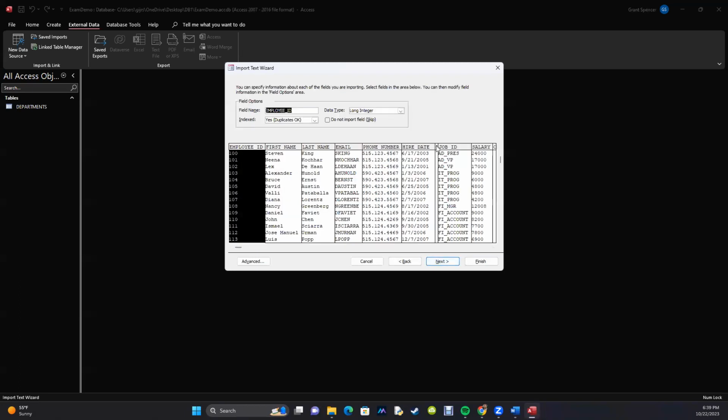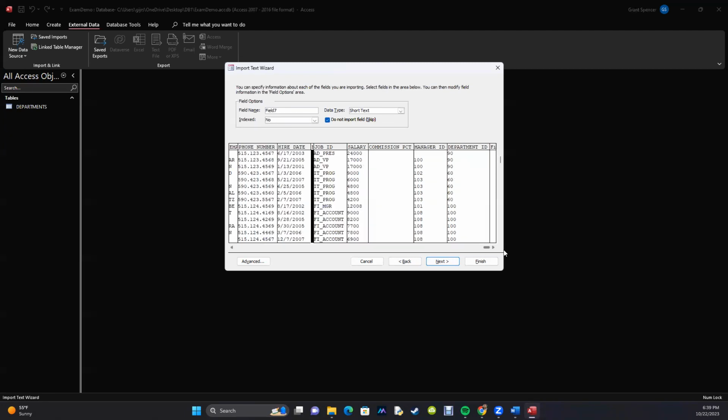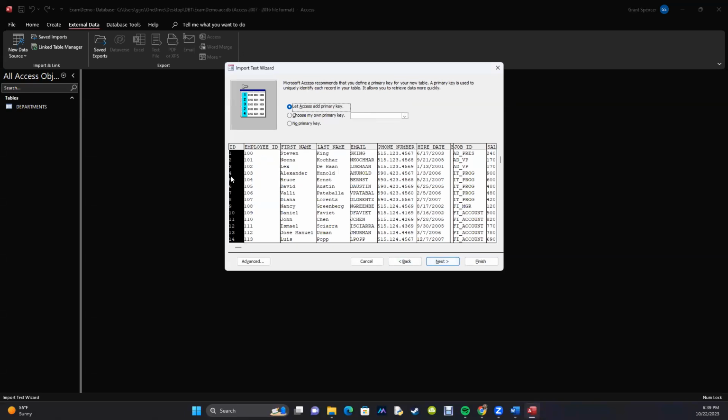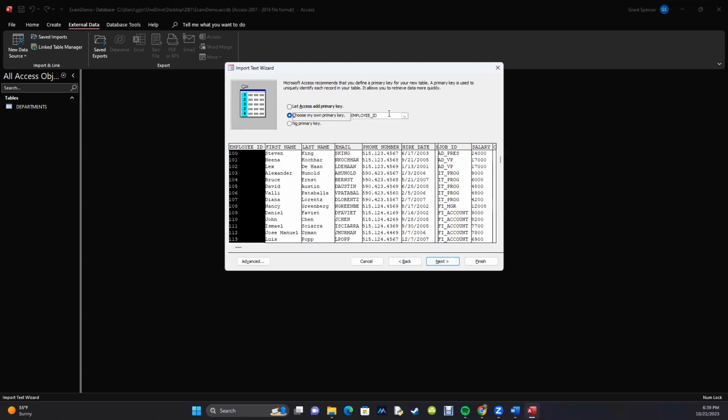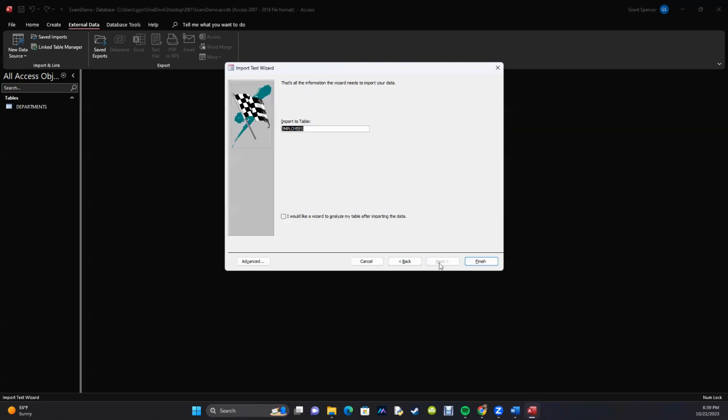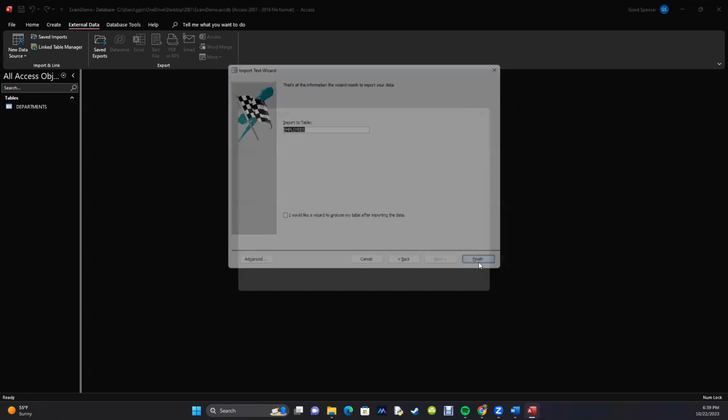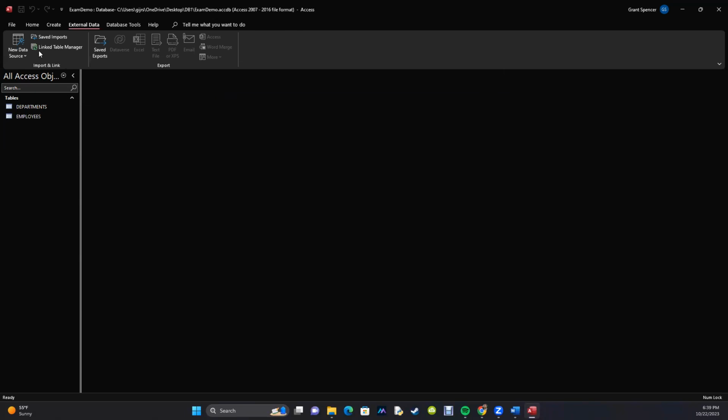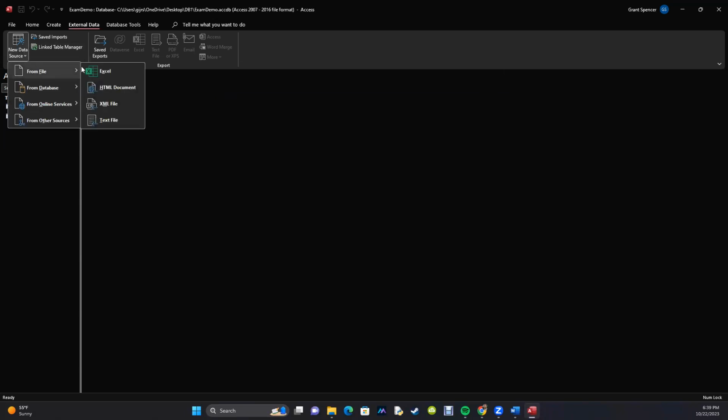All right, so this field here, I'm going to say please don't bring that in, because that's obviously junk. And over here, please don't bring that in either. We're going to go next. I don't want it to create its own key. I want it to use the key that came in with the file. I'm going to go next, and then finish. So there's our second file in. Let's do now